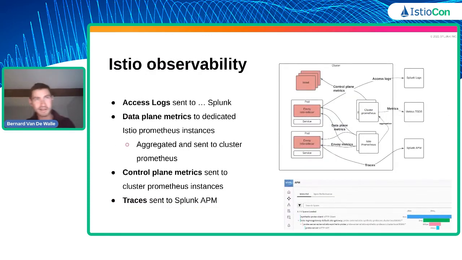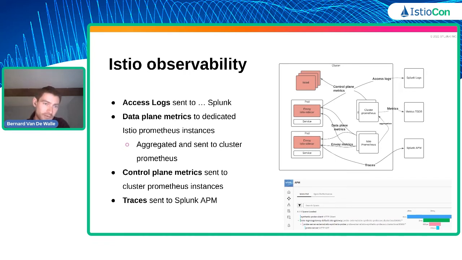Okay, so next thing that we do is obviously we want all the data out of the mesh. So all the logs, mainly access logs, are sent to Splunk, obviously. All the data plane metrics, we aggregate them into an Istio Prometheus level of aggregation that is then sent to a cluster level Prometheus. The reason why we do that is a single level of Prometheus didn't scale up for the amount of metrics coming from Istio. And so we pre-aggregate metrics, send them to the cluster level, which is then sent to our global metric backend at Splunk that is used for alerts,